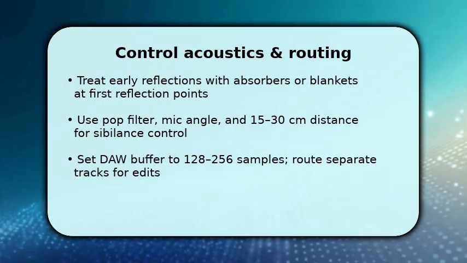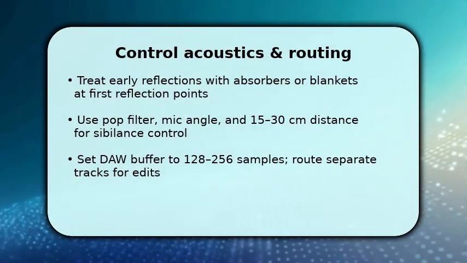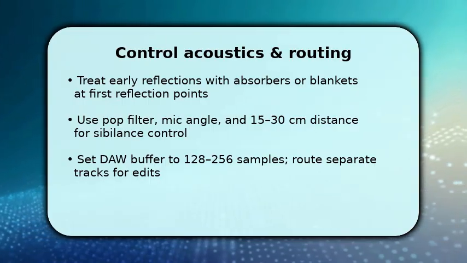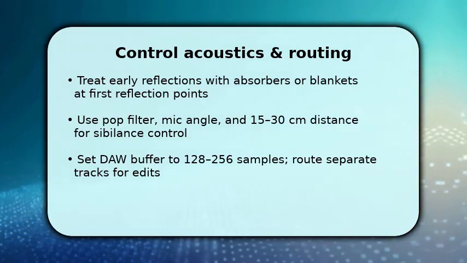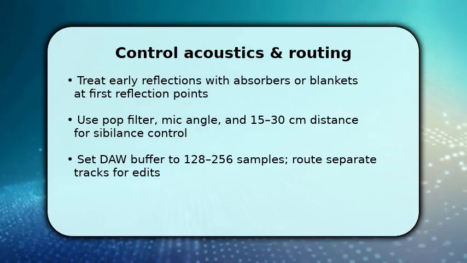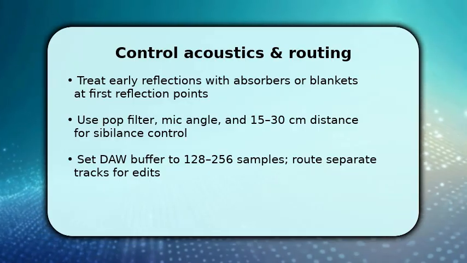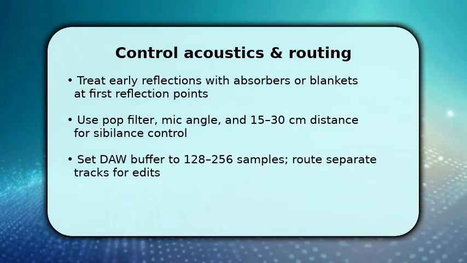Next, focus on the space and the signal path. Reduce room reflections by placing absorbers or thick blankets at first reflection points. This yields a drier, more consistent sound. Position the mic with a slight off-axis angle and maintain 15 to 30 centimeters distance to control proximity effect and